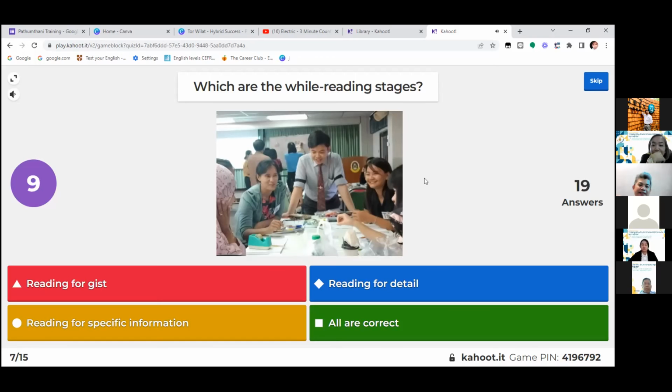What is mime? What do you think? Very good, but could you answer a bit louder, because some friends may not have heard. Can you say that again, what is mime? Gestures, right. Like when you teach your students, stand up, raise your hand.